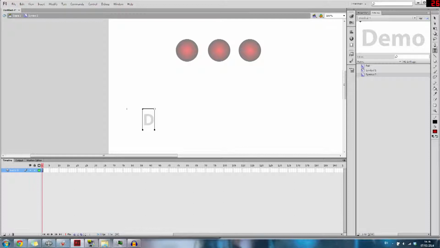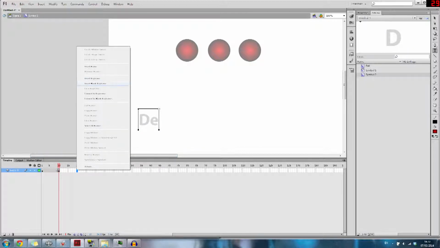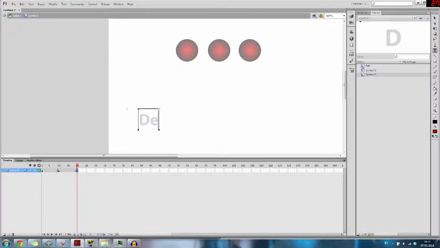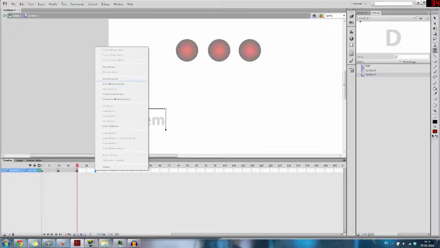I could have already done that, and put a keyframe into each 10th frame. So here we go, I've got one at 10, one at 20, one at 30,